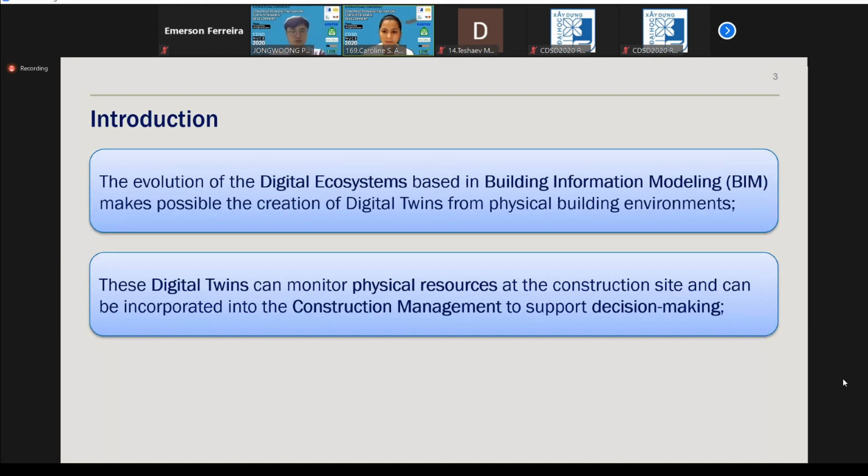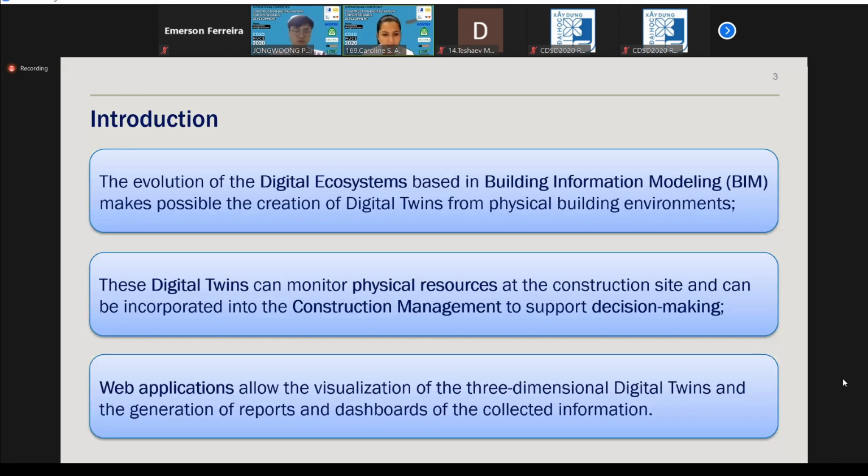But it's important to use the correct tools to collect, store, manage, and visualize the data. So web applications allow the visualization of the three-dimensional digital twins and also the generation of reports and dashboards to show the collected information.